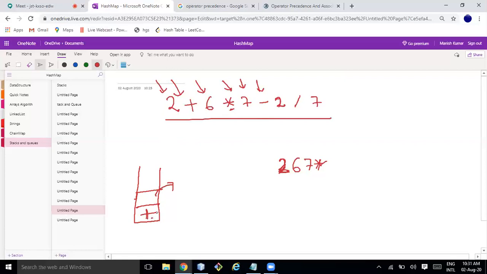This is left to right, so which has higher precedence? This plus has higher precedence, right? Again, I pop it out.